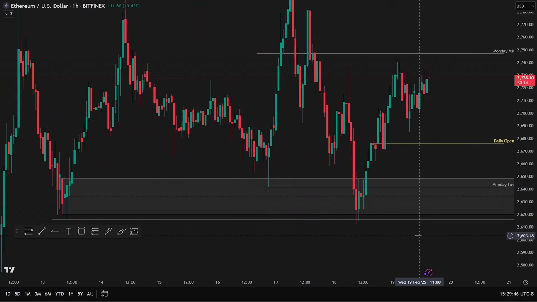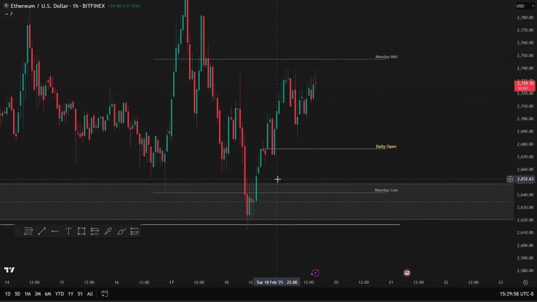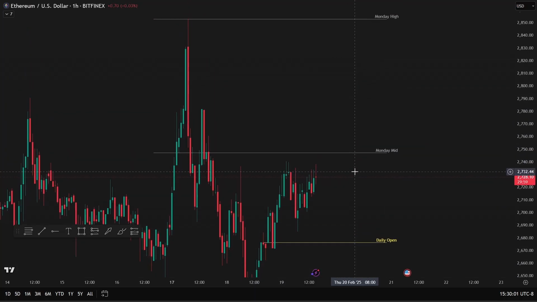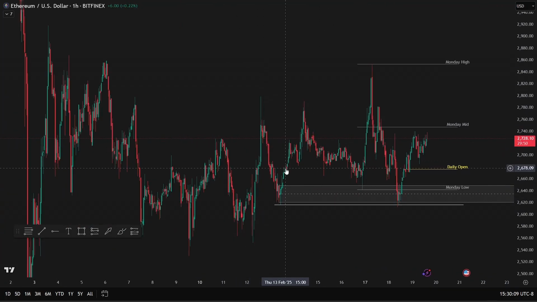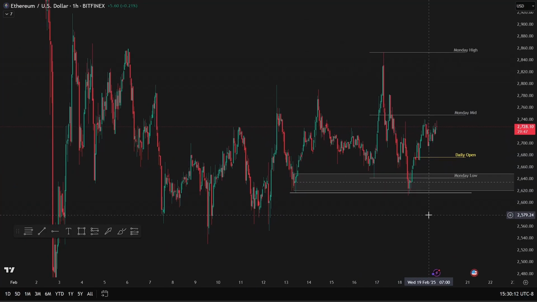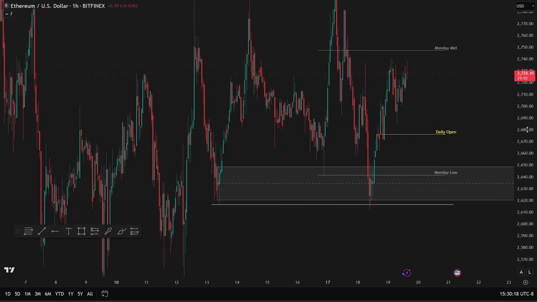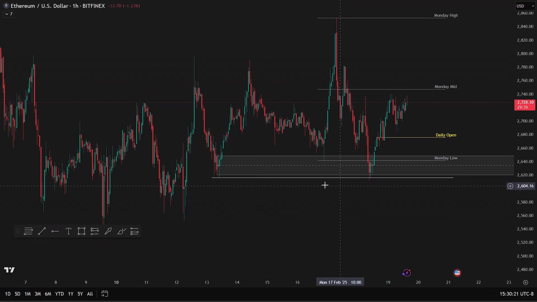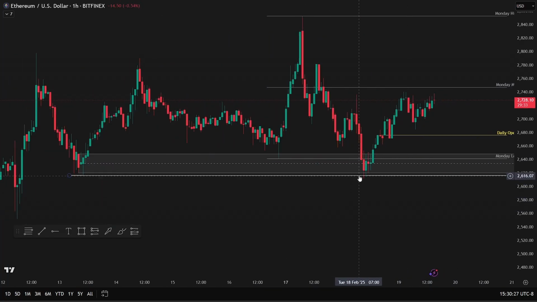what you can do is wait. What I do sometimes is wait for a 1-hour close back inside Monday's low, and if that happens, it's a reclaim of Monday's range, and from there I'll target the mid-range and I'll see what happens here, and if there's continuation, I'll target Monday's high. Right, this is a range, and when price is moving around, a lot of times people will look to these ranges. Big players, institutional buyers will look to this, and you can use it in confluence with other factors on the chart, like this 12-hour sweep, like this order block that was swept in the 1-hour,